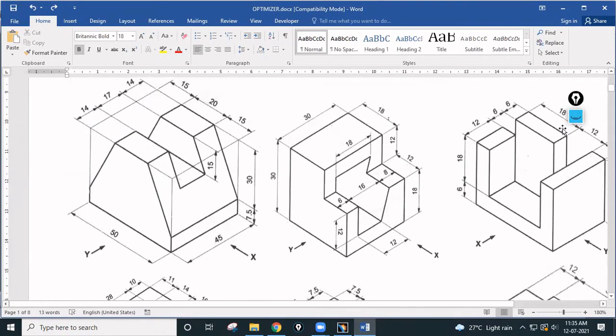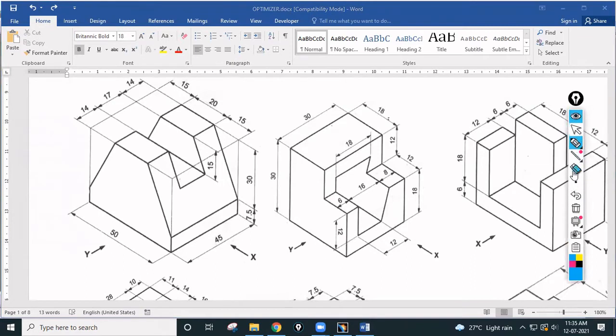Again, there are two steps. First one is you have to decide from which angle you have to start, and second one is in how many steps you can finish this. So I'm going to start from y direction. I'm going to draw this profile. Okay. And it will be padded by 45 mm. Then on this plane, one rectangle will be drawn, and it should be pocket throughout. So there will be only two steps for this part.